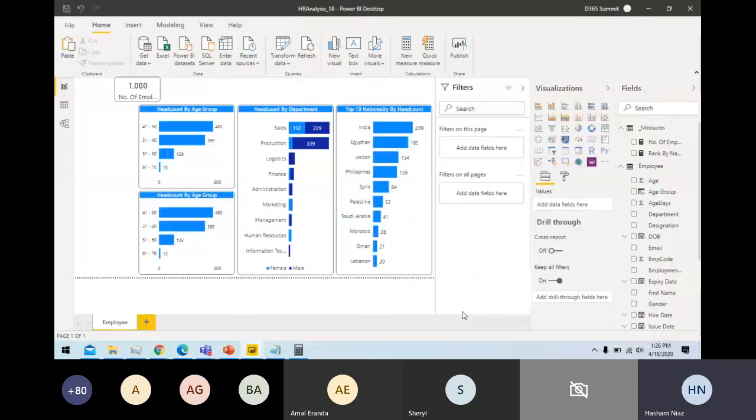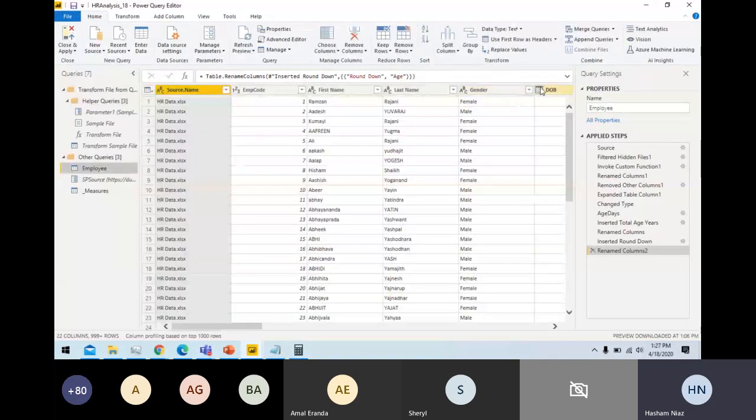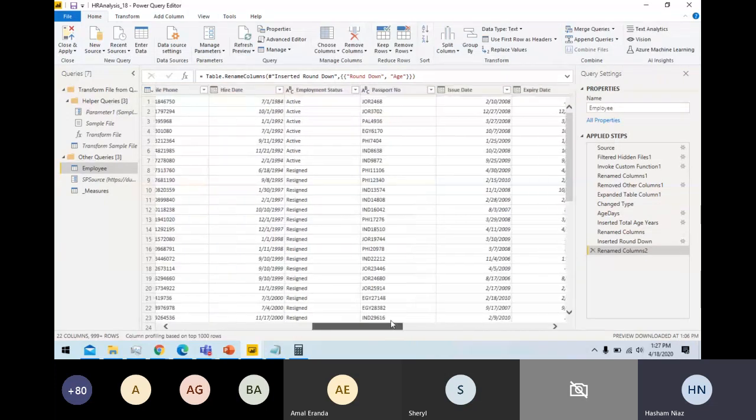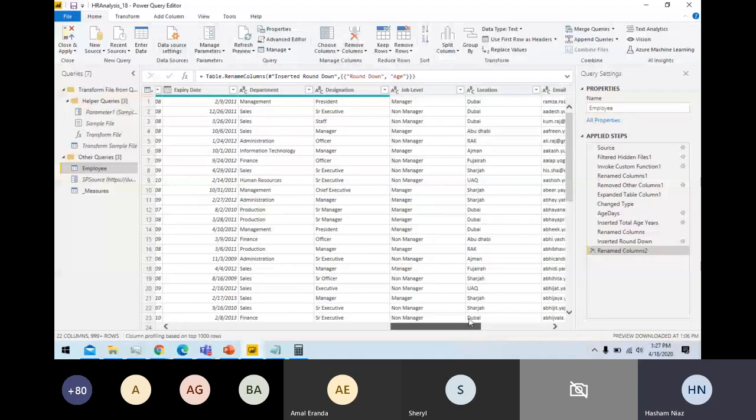So how can we do it? We have the employee joining date in our model. So let's save this for now, and I go back to my model. Similarly, like we create the age from date of birth, if I have this column called employee hire date, this is in my model.